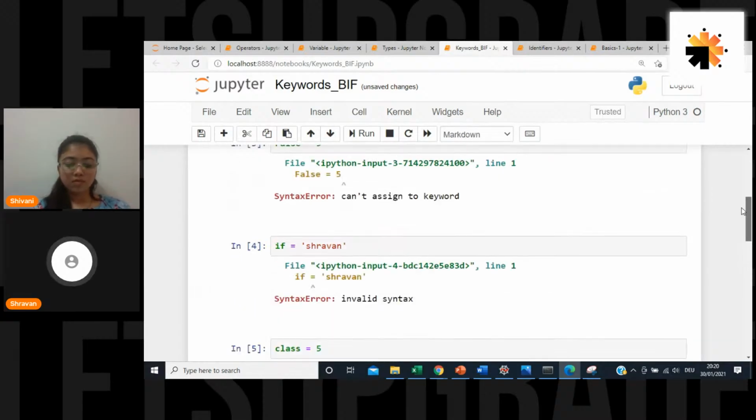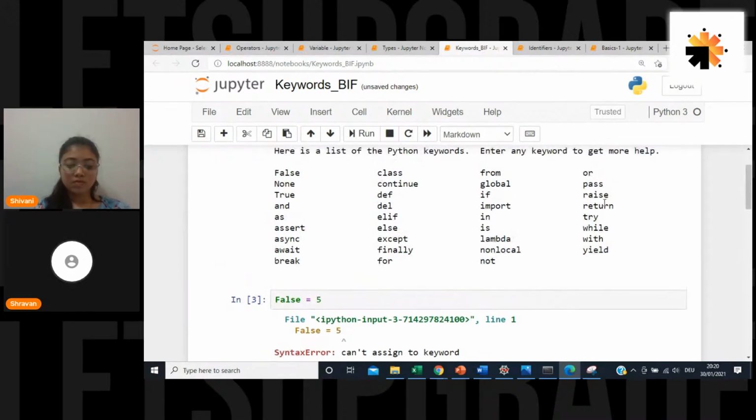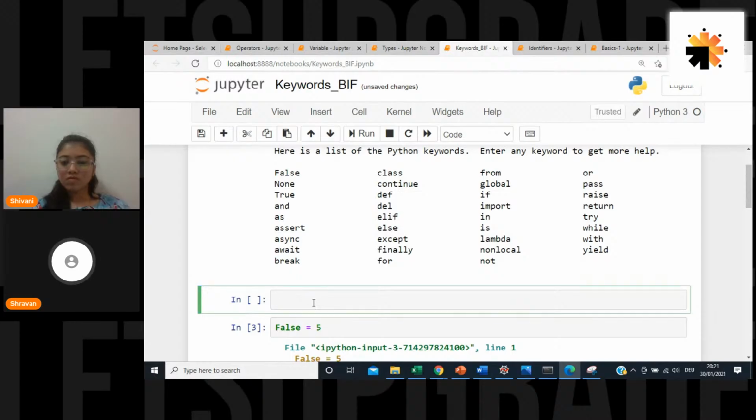But what you people should understand here is that in Python, in Jupyter, suppose I'm entering any keyword, let me take break. So BREA, till here it is in black, the color is black and it is not bold. But if I keep K, now you see it is becoming green and bold. That means it is a keyword. This IDE itself says that this is not a proper identifier, you cannot use it because it is in the green color, so I cannot be using that.